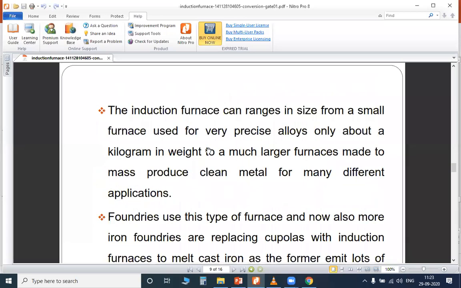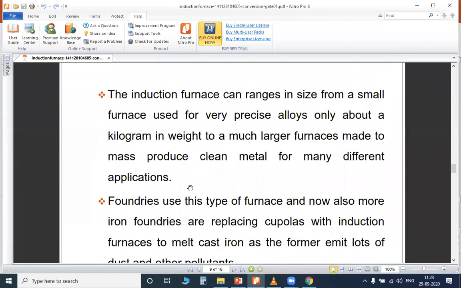So it is more controllable. The next one, the induction furnace can range in size from a small furnace used for very precise alloys, only about a kilogram in weight, to a much larger furnace made to mass produce clean metal for many different applications. Before we see this one, we will see the diagram of it.